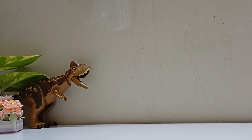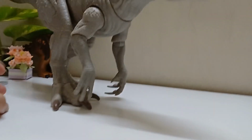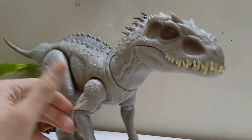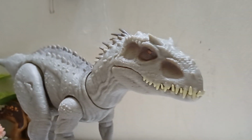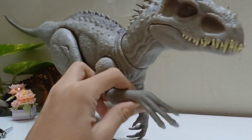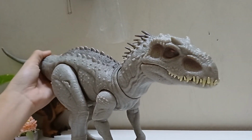Number 5. Now, 5th place would go to this massive behemoth, the untamable king herself, the Indominus Rex, all the way back from 2023's Dino Tracker line, the Camouflage and Battle Indominus Rex. Now why do I think that this is my favorite figure? Well, it's because I do love her sculpt. It's really movie accurate. The arms are articulated, but I would like a wrist rotation somewhere here. And best of all, once you press this button over here on the tail,